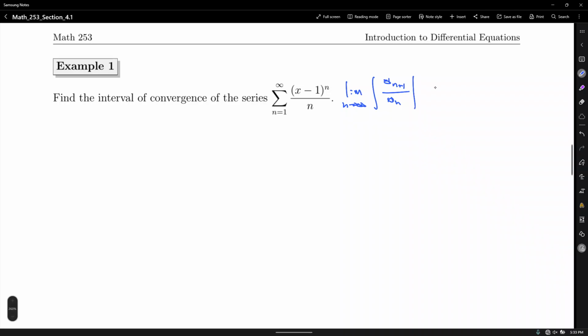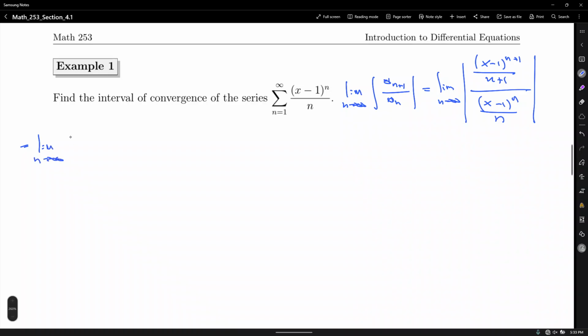a sub n plus 1 over a sub n, that equals the limit as n approaches infinity of, shift every index by 1, that is (x minus 1) to the n plus 1 divided by n plus 1, everything divided by (x minus 1) to the n over n. That is the original rule. And we take the absolute value because we may end up having some alternating series, and we need to think about those. Dividing by a fraction is the same as multiplying by the reciprocal. So that is the limit as n approaches infinity of